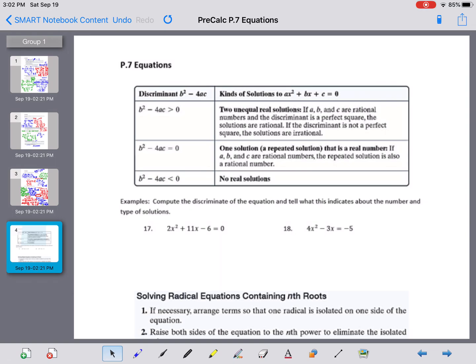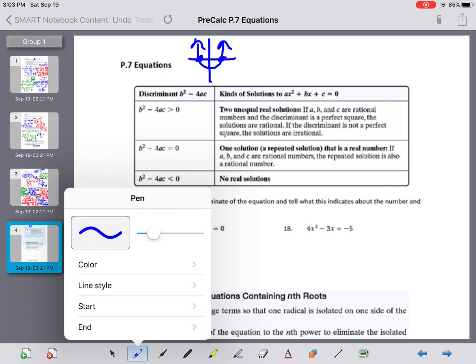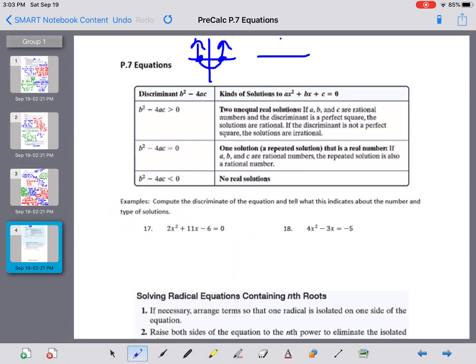Just a quick heads up. Think about your quadratics, okay? A quadratic's a parabola. So you have your axes. You can have a parabola that's really nice and it crosses the axis twice, okay? That means 2 real solutions. You can have a parabola that touches the x-axis exactly once. That one is the case where it has 1 solution that is technically the answer twice,